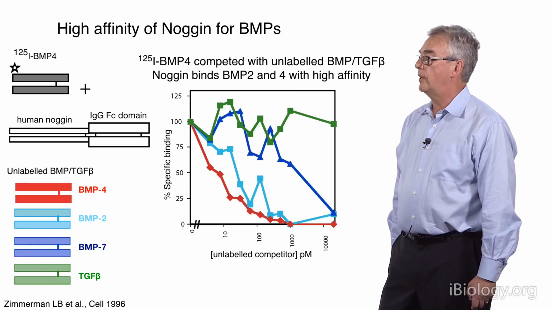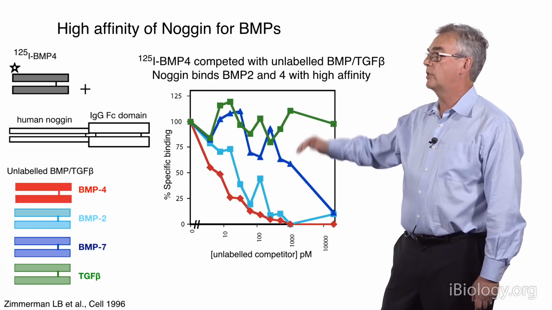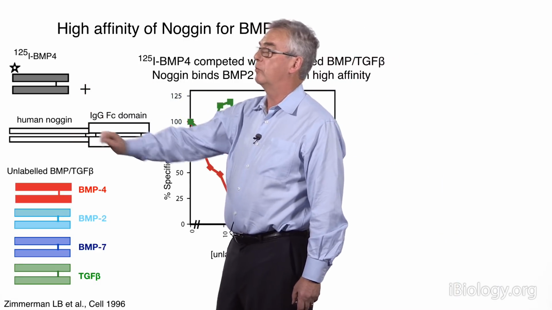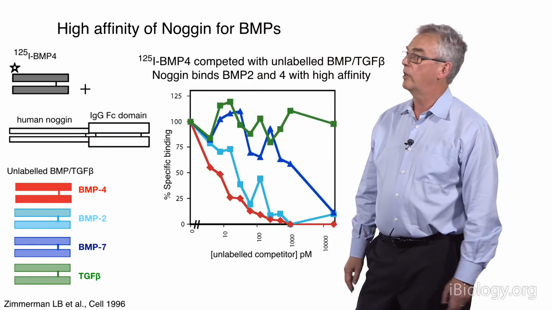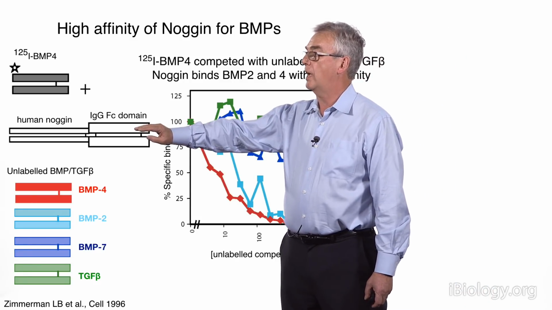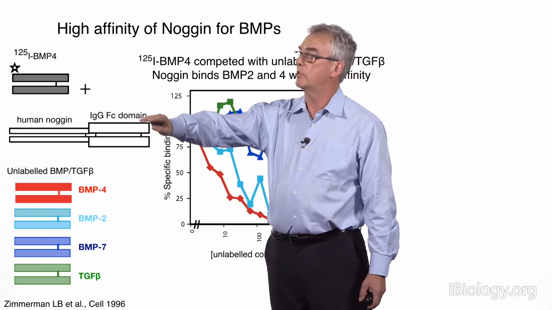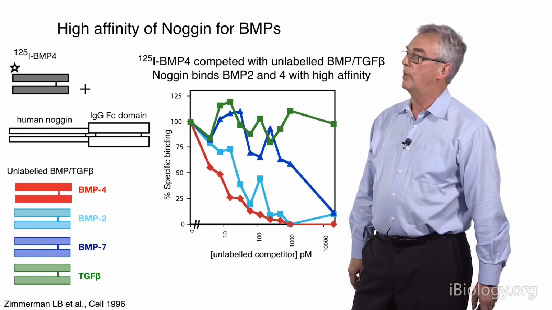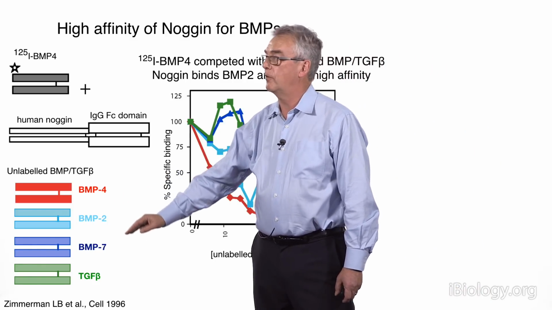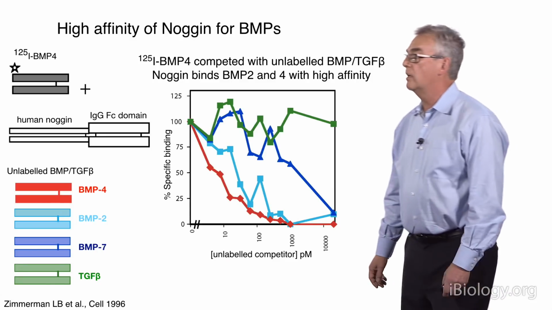It's a very high affinity reaction, as was shown by this competition experiment. And this was done again by Lyle Zimmerman. He took iodinated BMP4 and was able to bind it to a chimeric human noggin, which has an immunoglobulin tail, which makes it easy to precipitate. And so if one simply mixes these together, you get a very active binding and precipitation. But by mixing in different doses of different kinds of other TGF-betas, we could work out the affinity of this